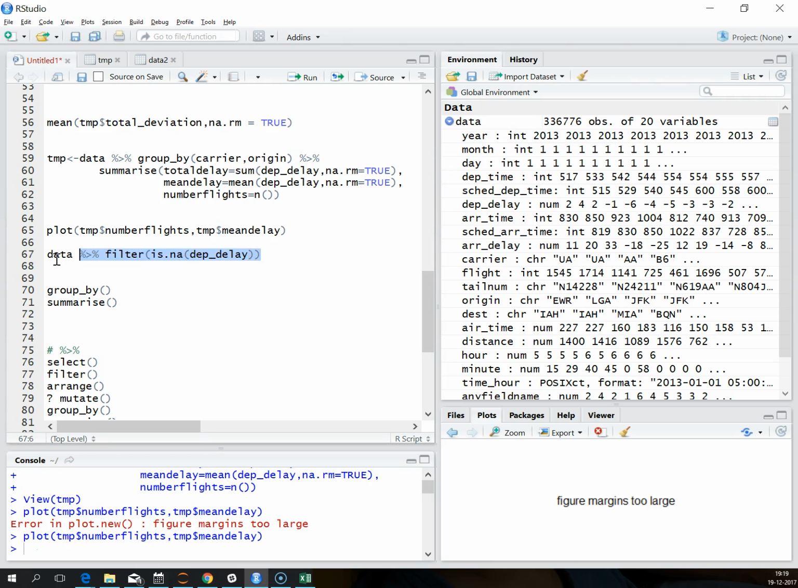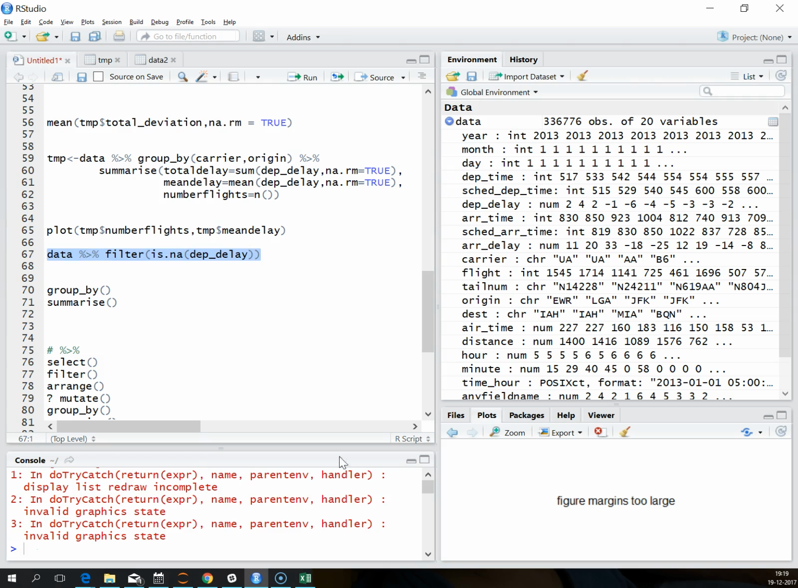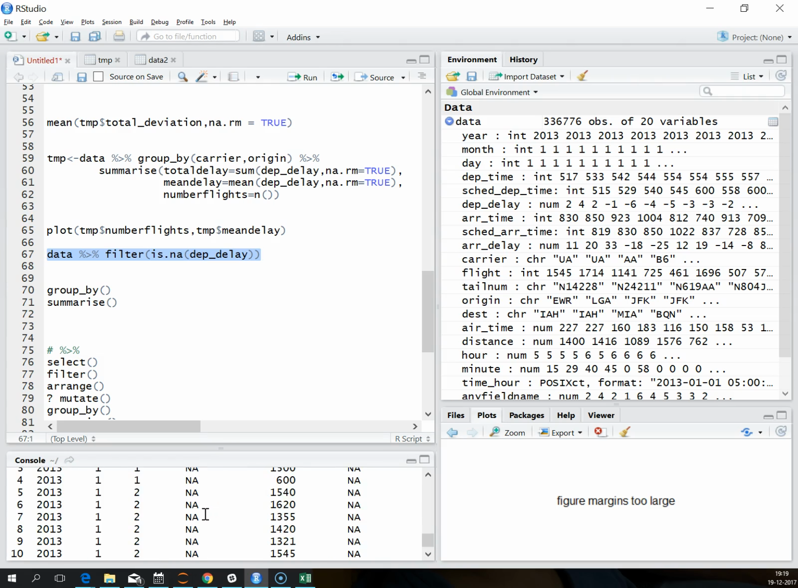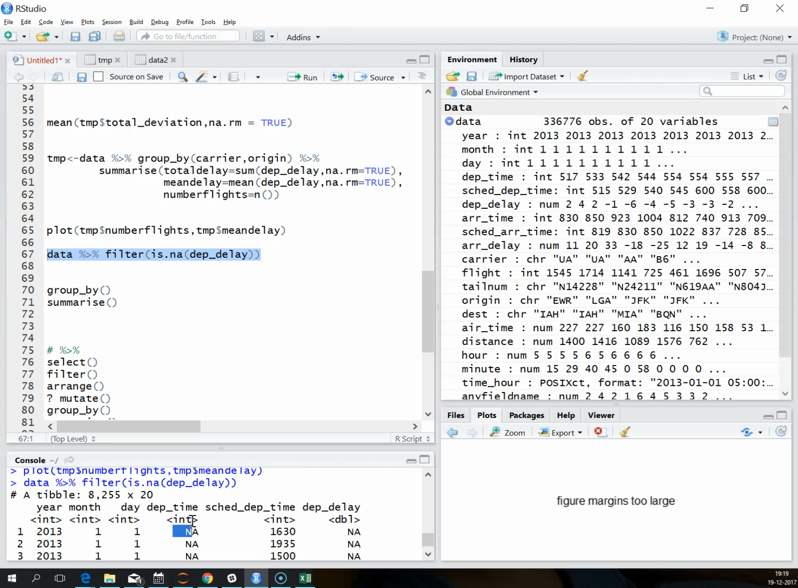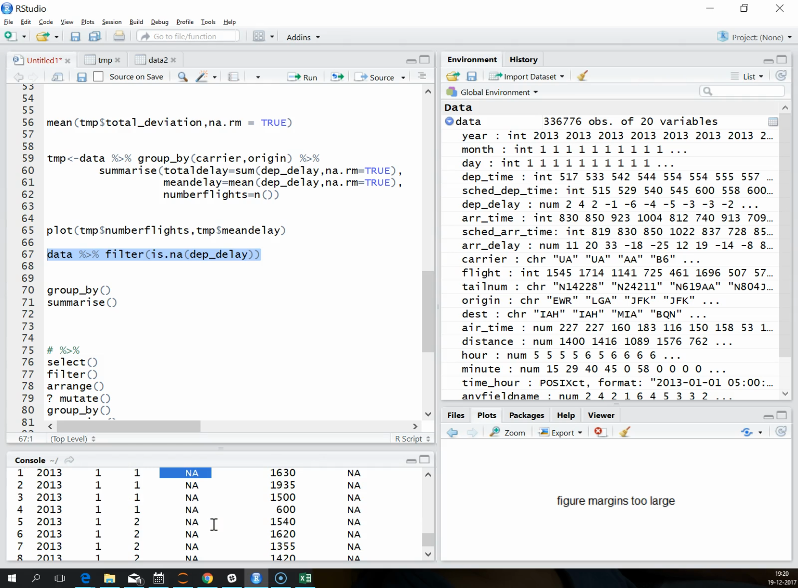This filters all values that have a departure delay of not available, which means the flight may be cancelled. Yeah? So if we want to know the number of flights that have been cancelled, then we can easily say like this: